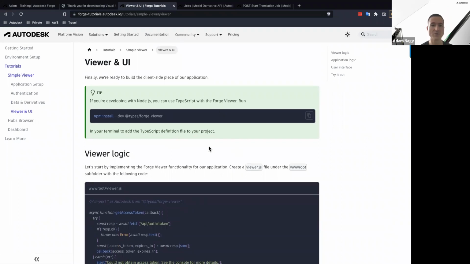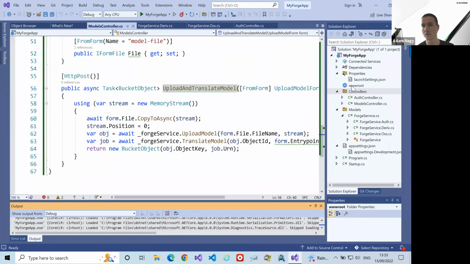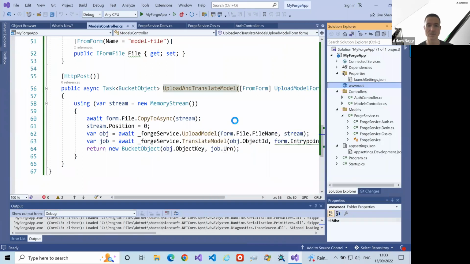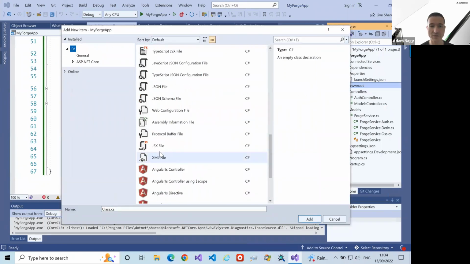Well, that's Node.js related, so we don't have to care about that. So first of all, the viewer logic. The viewer.js file, we can just place it under the www root. So add new file. You could probably select whatever you want because we are going to be renaming it anyway, but okay, let's just go with,